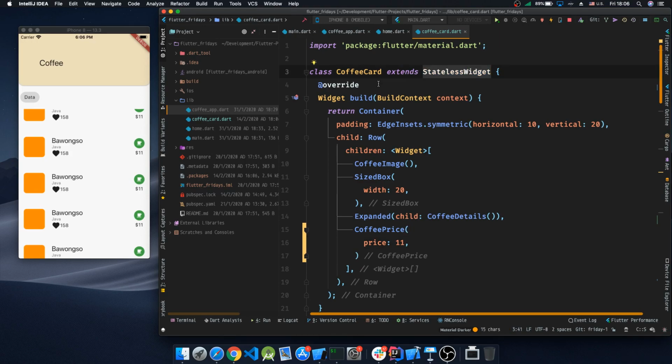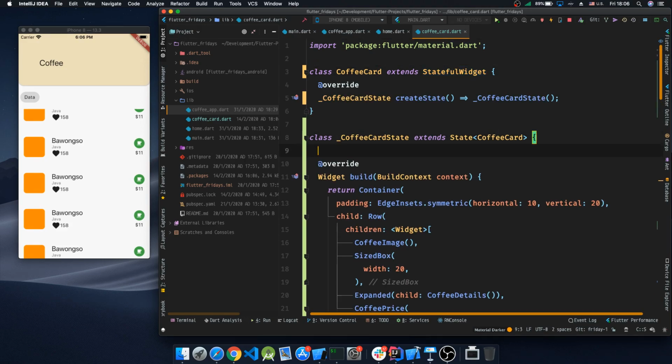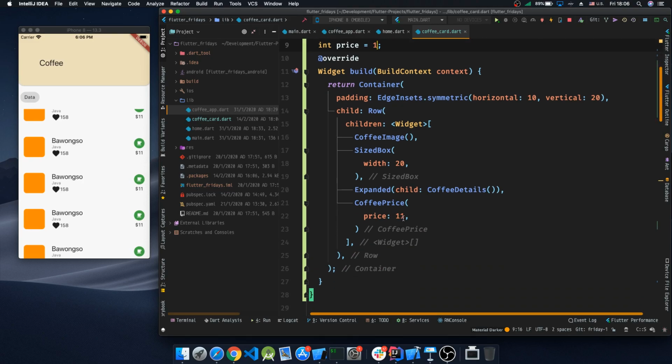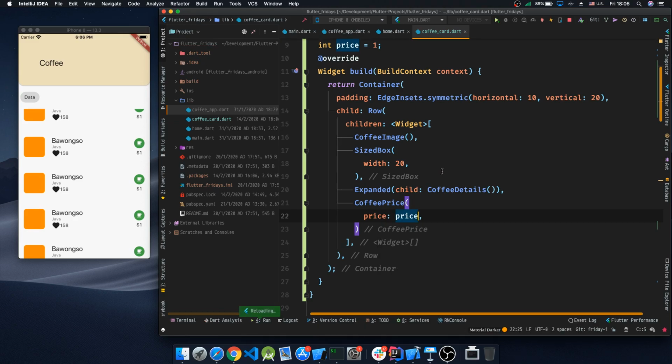This is also a stateless widget, which is the card, this entire section right here. And so let's make this a stateful. It's pretty easy, just click on the little light bulb and convert to stateful. So now we can create a variable that we can change. And we'll actually just start it off at 1, and we'll pass it to the child. So basically, if it contains data that can be changed, you go for stateful. Yeah, exactly. The stateful widget can